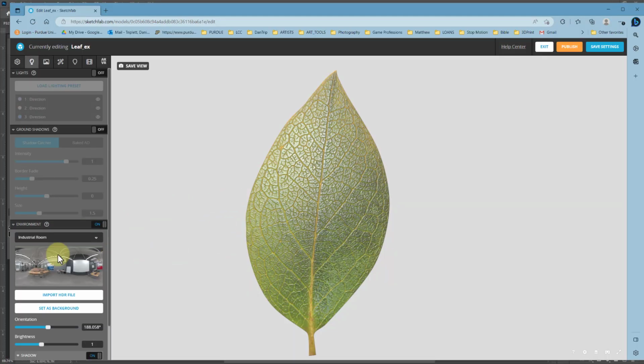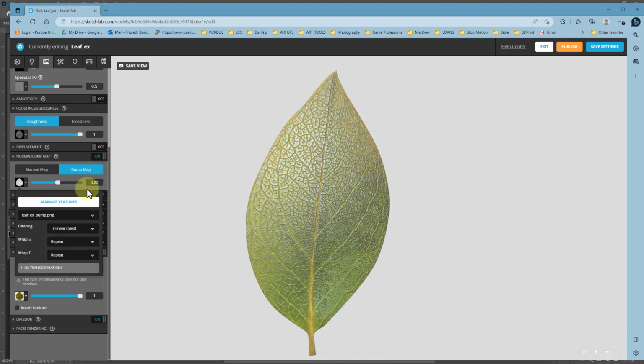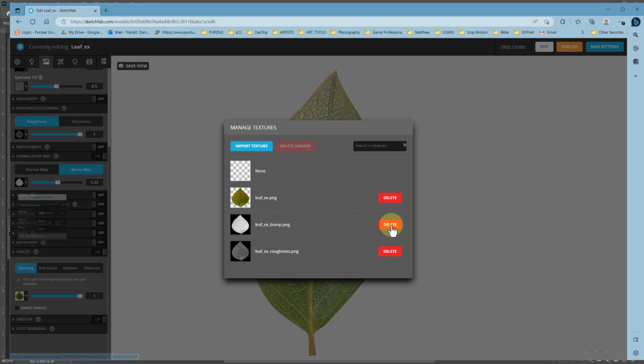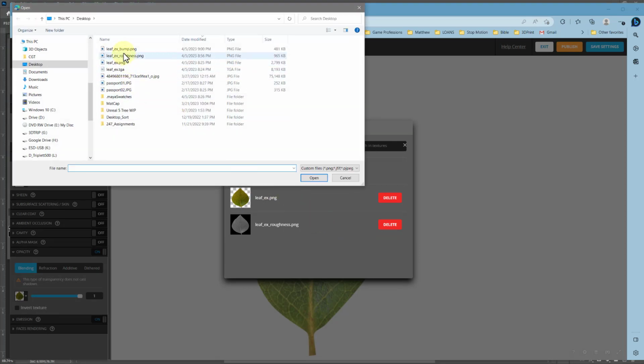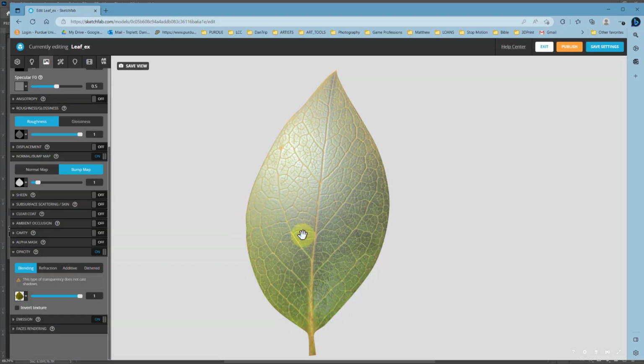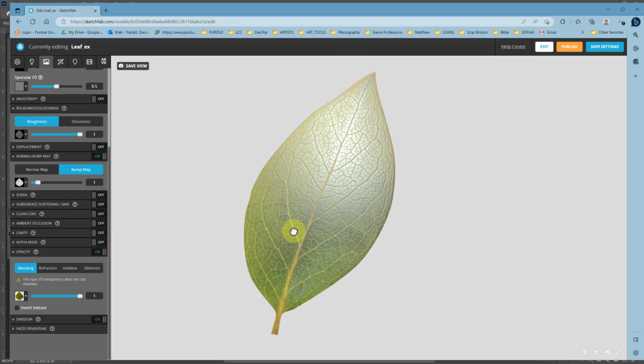So I can come in here, and if we come back to the materials, and then we'll just go back to the bump. Oops, that's what I need to do. Manage textures, and I would delete this first, so you're not adding textures that you're not using, because there's a memory cap on how many textures they're going to let you add in, and then you just select that. Now look at how much less grainy it looks,